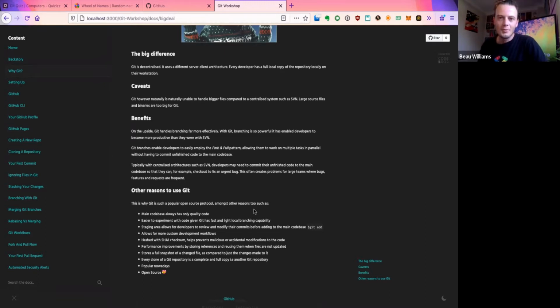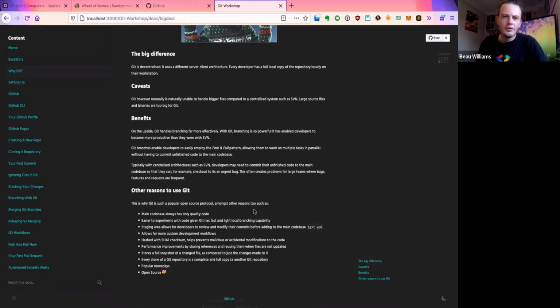So that's one of the core reasons why Git became so popular. It also has the notion of a staging area. There's other cool things, like it's hashed with a SHA-1 checksum, just to prevent malicious code changes. That's a big thing in software projects these days with security. Developers, for example anonymous developers, introducing commits into big open source projects that lead to vulnerabilities later on, deliberately. And that's one way that the SHA-1 helps prevent that from happening.